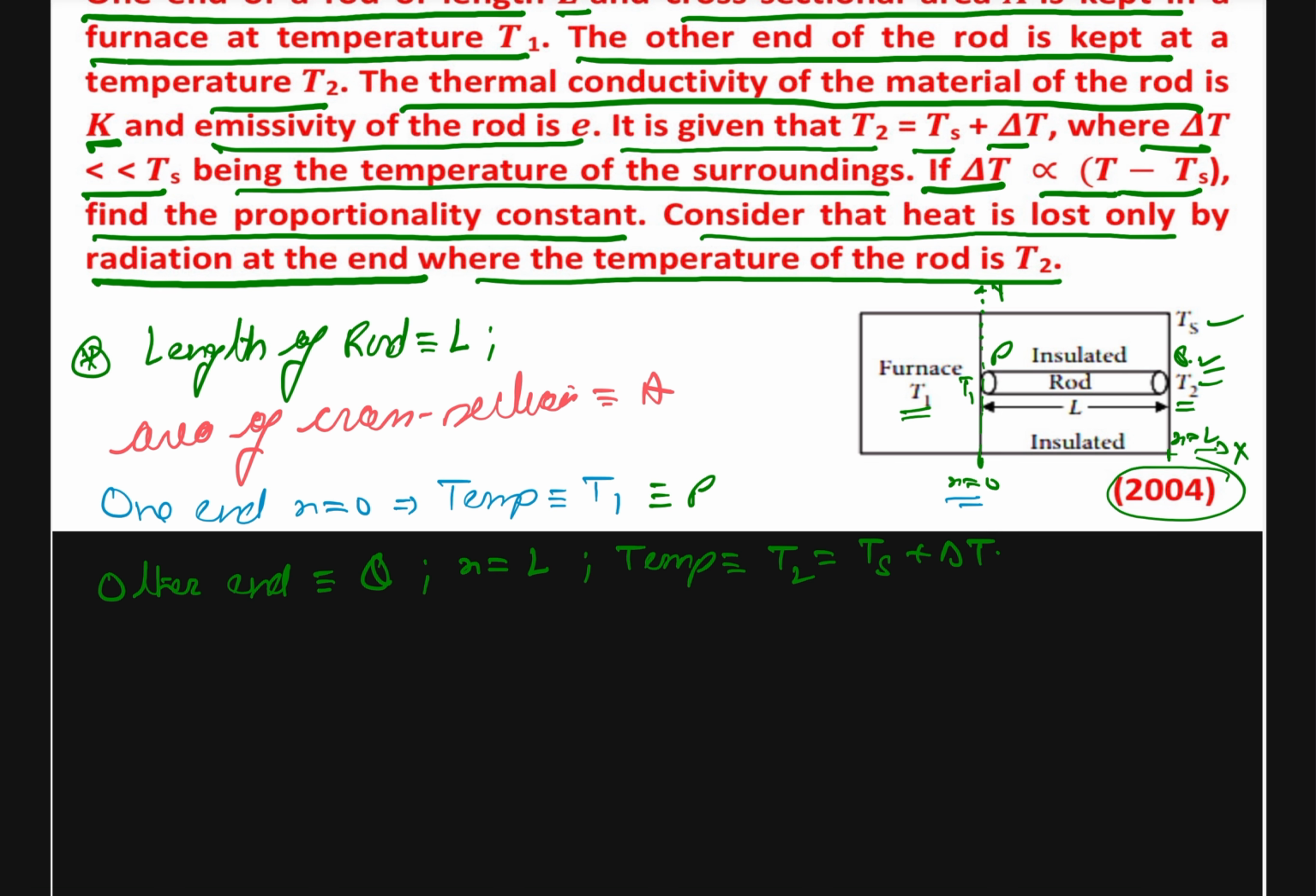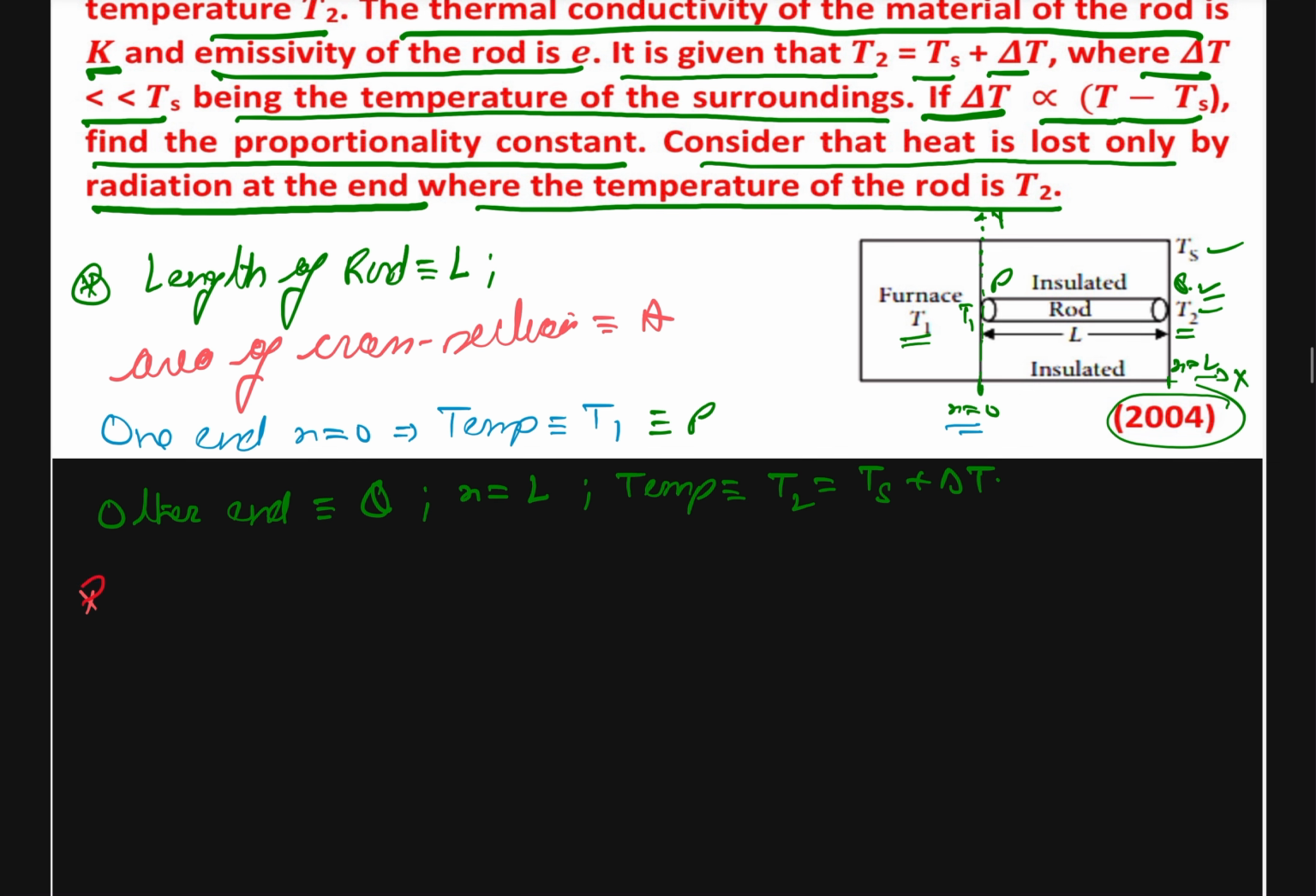In this case we are supposed to find our proportionality constant. At steady state, the heat conducted by the rod will be the heat dissipated, or we can say heat radiated, by the rod. So we can just use the principle which states that in steady state,